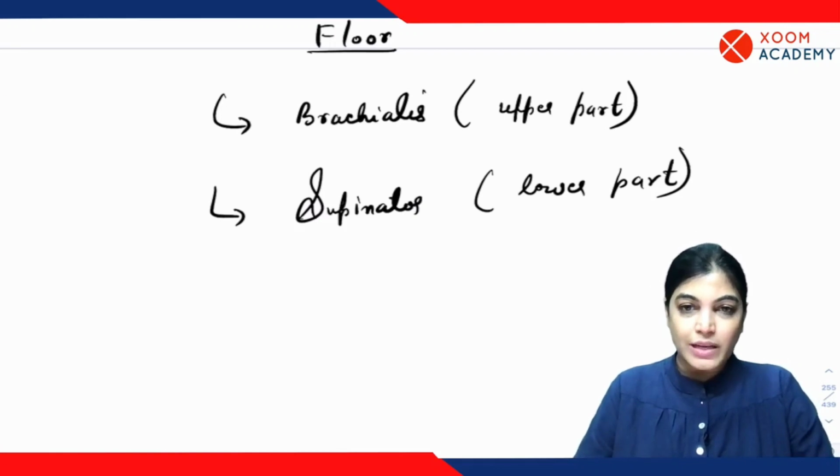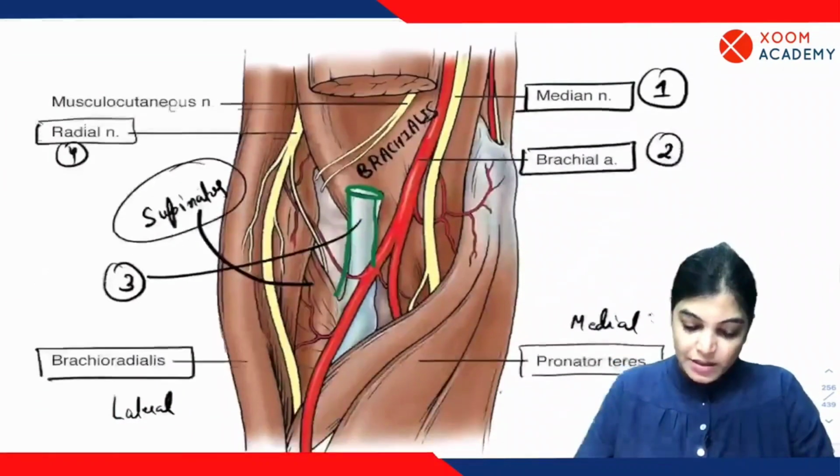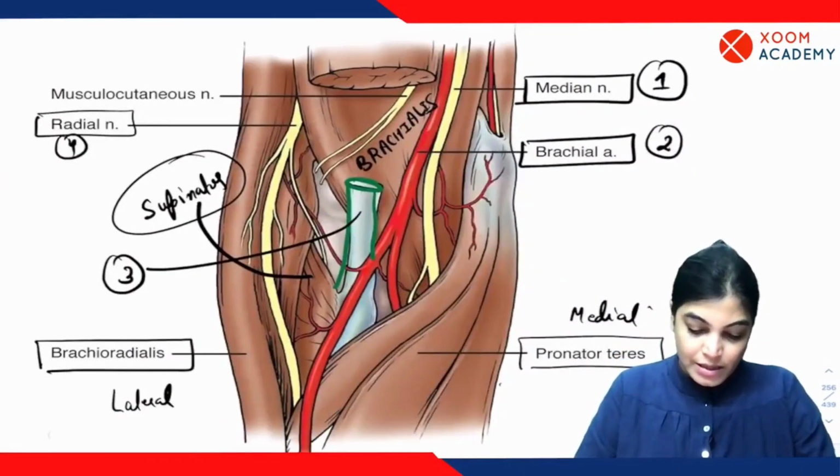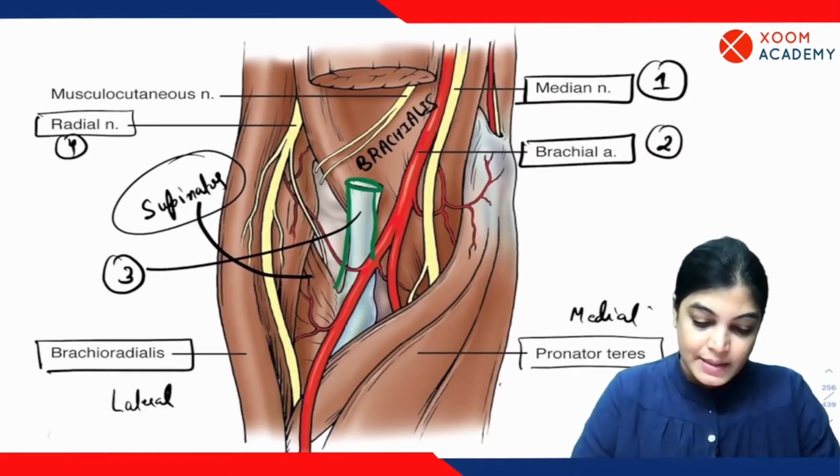I would also like to tell you one important piece of information: here this is the biceps tendon which is highlighted in green color. I will